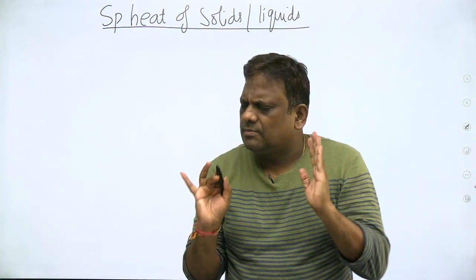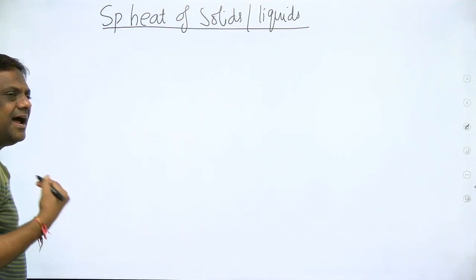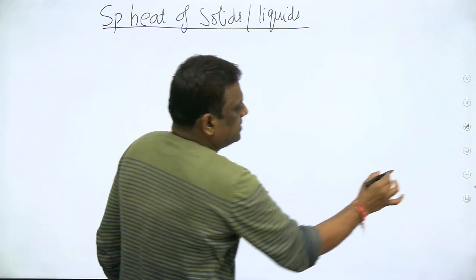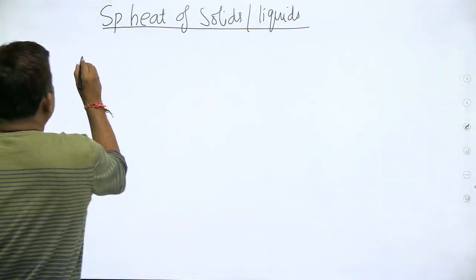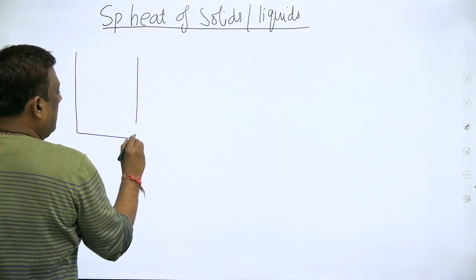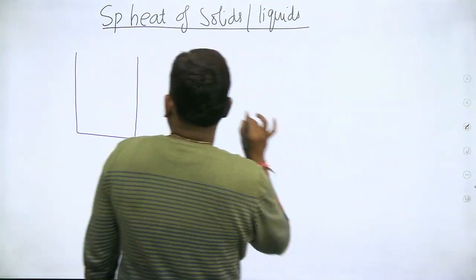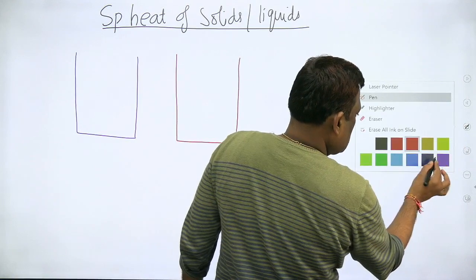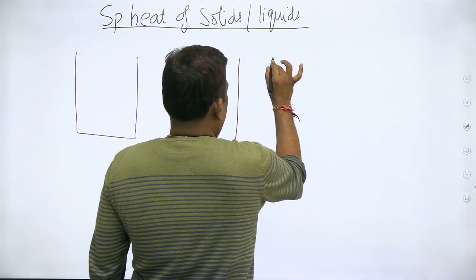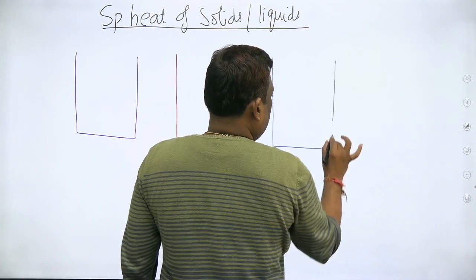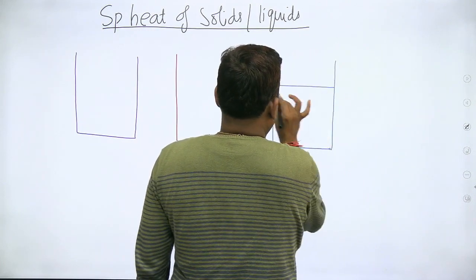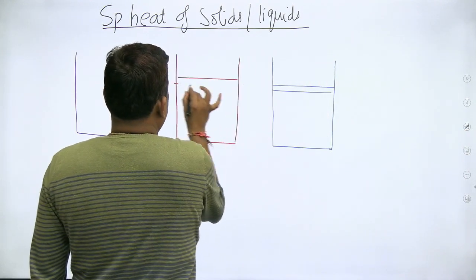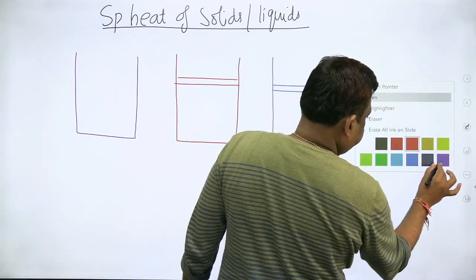चलो cool रहो आप, आराम से सुनते जाना. For your better understanding, let me model it something like this. एक better understanding के लिए, let us model it something like this. Okay. Let us take a piston cylinder arrangement. I'll take 3. एक अच्छे understanding के लिए, I'll take 3. चलो आराम से लेट्स लर्न द सब्जेक्ट.